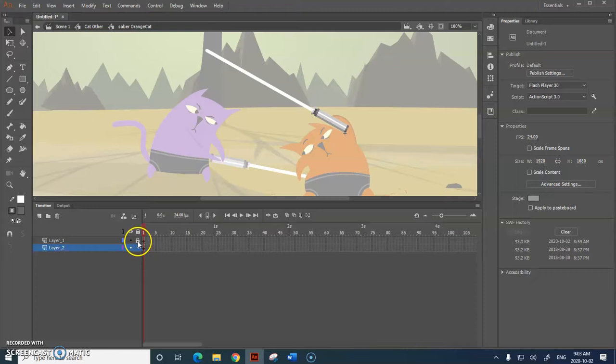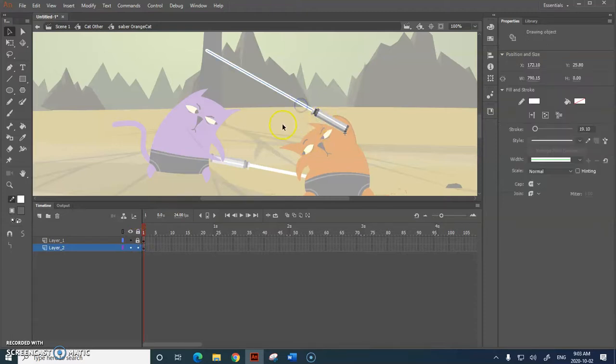Again, there's two layers here. Not sure which is which. Try and select this, doesn't work. Try and select this, it does. So this handle is locked. If I want to change it, looks like this is just a line. This is a stroke. So I'm going to leave this as white for a second, but I'm going to